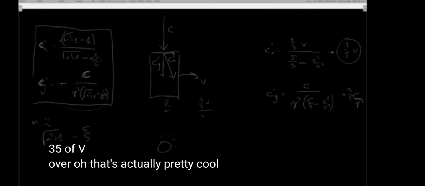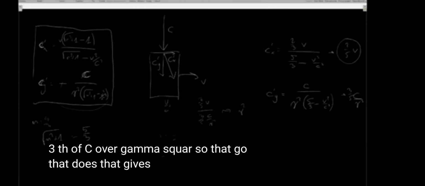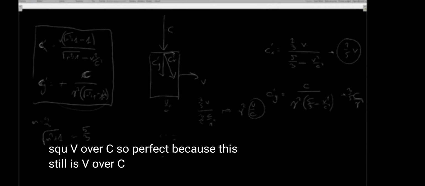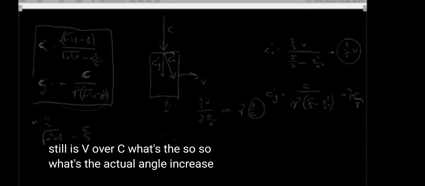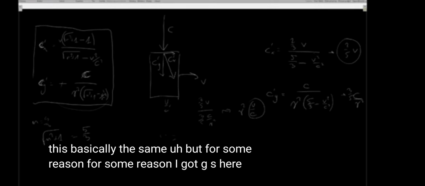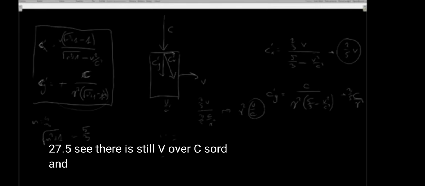Oh, that's actually pretty cool. Over 3/5 of c over gamma squared. So that gives something like gamma squared v over c. So perfect, because this still is v over c. So what's c, not c prime. So what's the actual angle increase that you predict out of this? Basically the same. But for some reason I got gamma squared here. Wait. But yeah, basically this predicts 27.5 as well. So, no, not 27.5. See, there is still v over c squared, and that's the